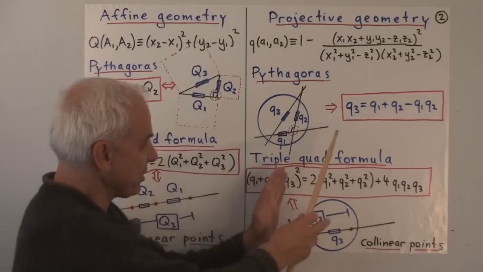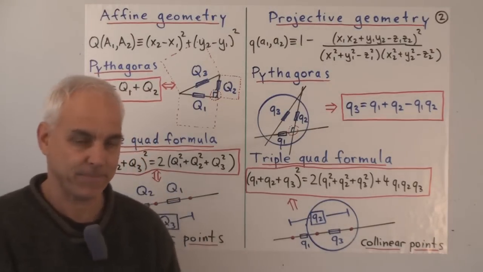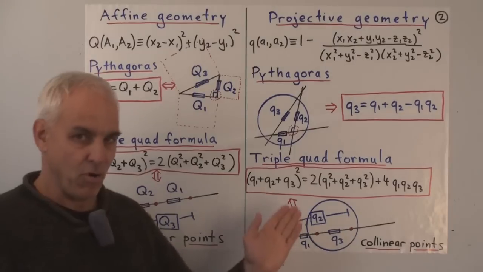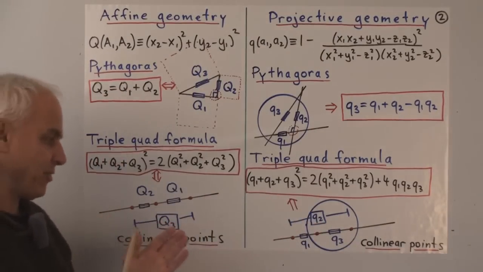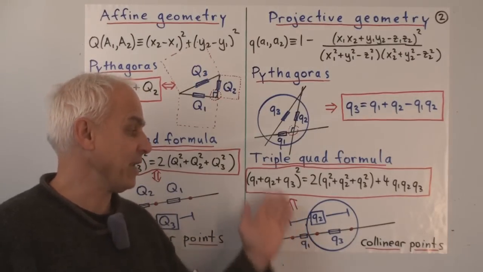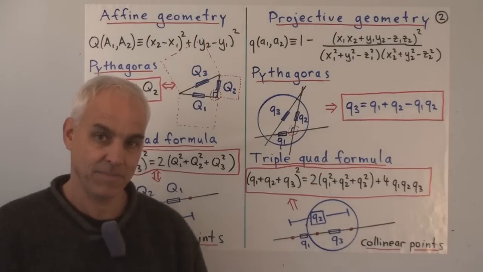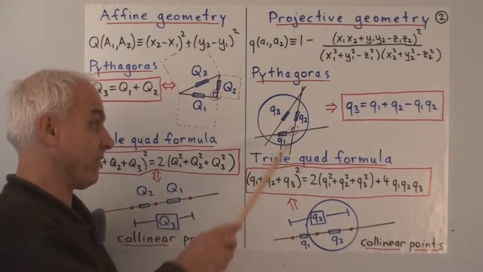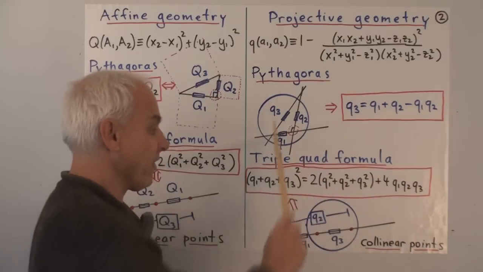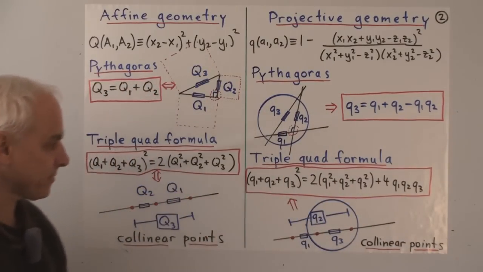So we see that the projective formulas are a little bit more complicated than the affine formulas, but kind of follow the same path. That might make you think that projective geometry is a more complicated situation, and there's something to be said for that. But it's also true that the hyperbolic setting or the projective setting has some aspects which make it simpler than the affine setting. In particular, the duality that we've talked about between points and lines and between quadrances and spreads is something that we get over here that we don't get over here, which makes life a lot simpler for us in many aspects.